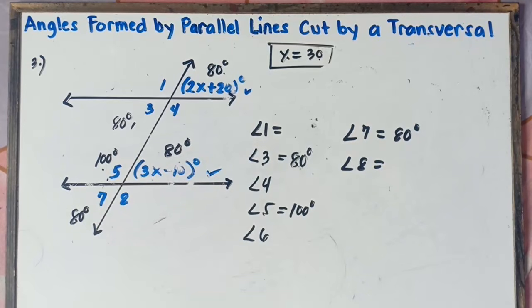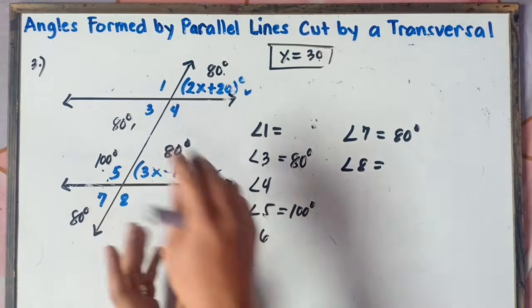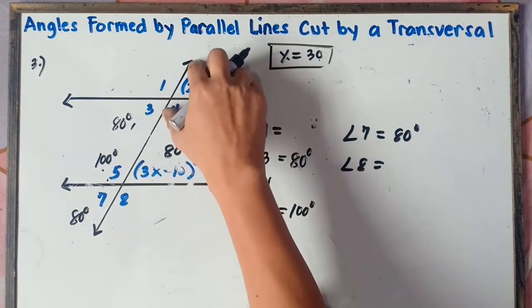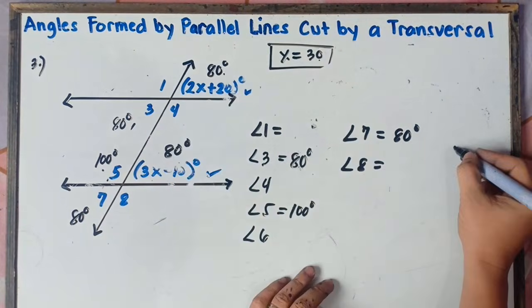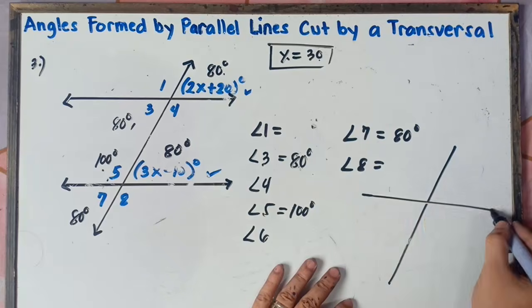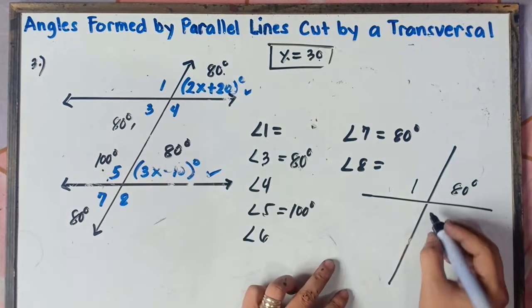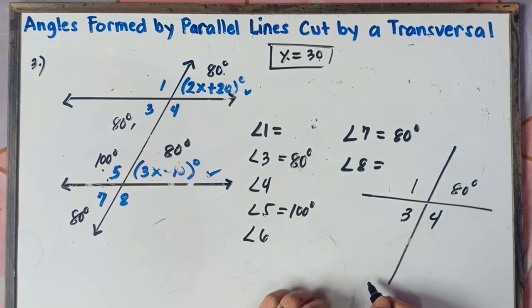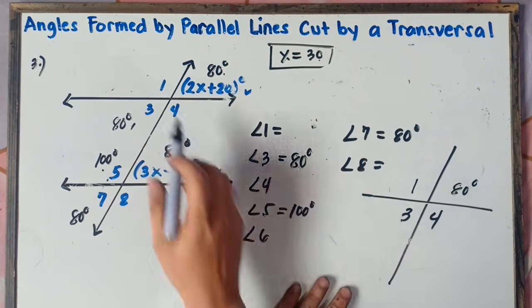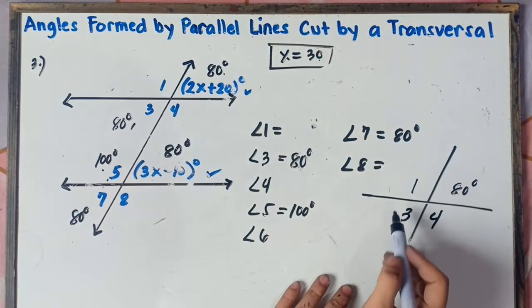For me, class, if I'll be answering this one, let me just explain this one, class, for you not to be confused. Let me just draw this one right here, class, on the top. This is 1, right? And this will be 80 degrees, right? This is the answer, class. This is 3 and then 4. Once again, I hope, class, you're not confused. This is 1. This is 80 degrees. This is 3 and then 4.